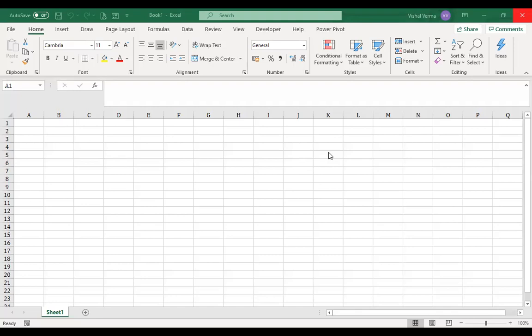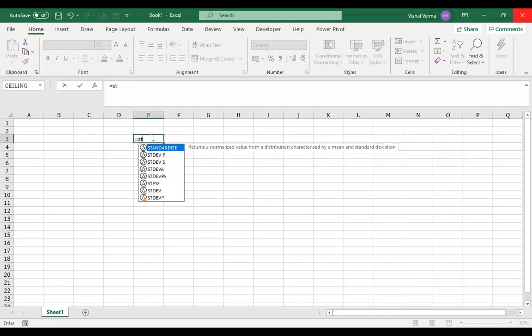But in general, when we see Excel in its normal format that we use to work on, it does not have much capability unless we use some formulas. For example, if we want to calculate standard deviation, we can get the standard deviation for a population or for a sample.